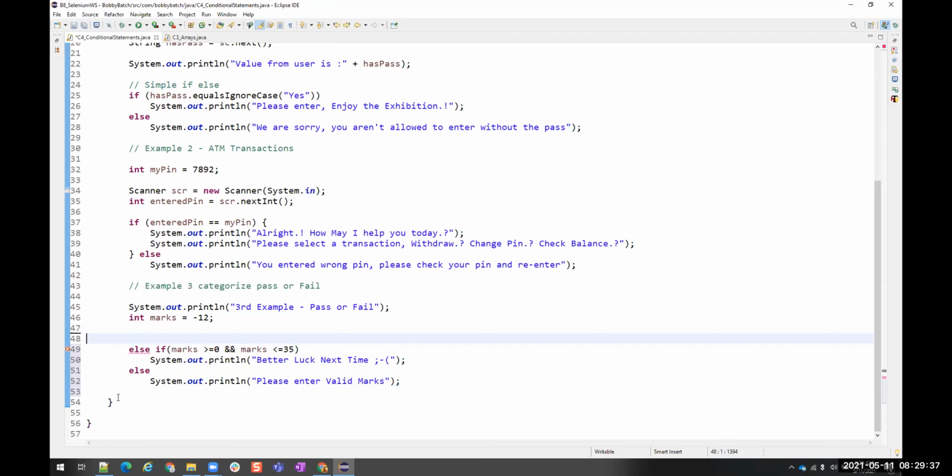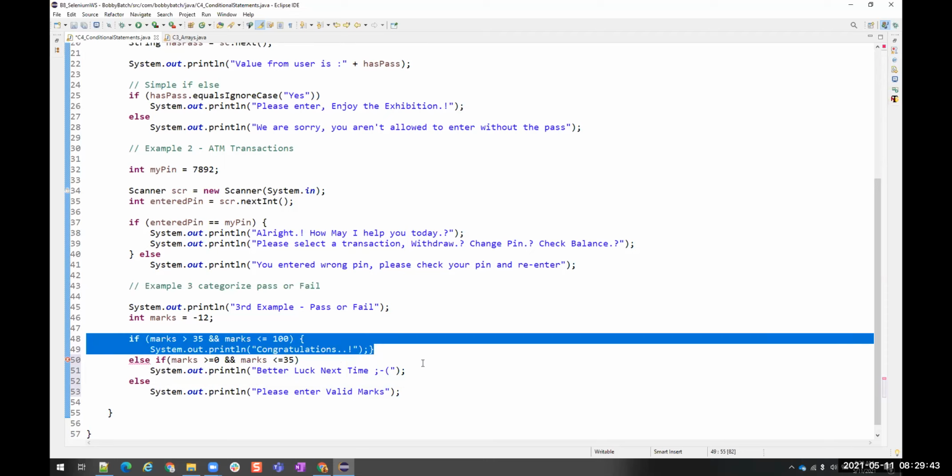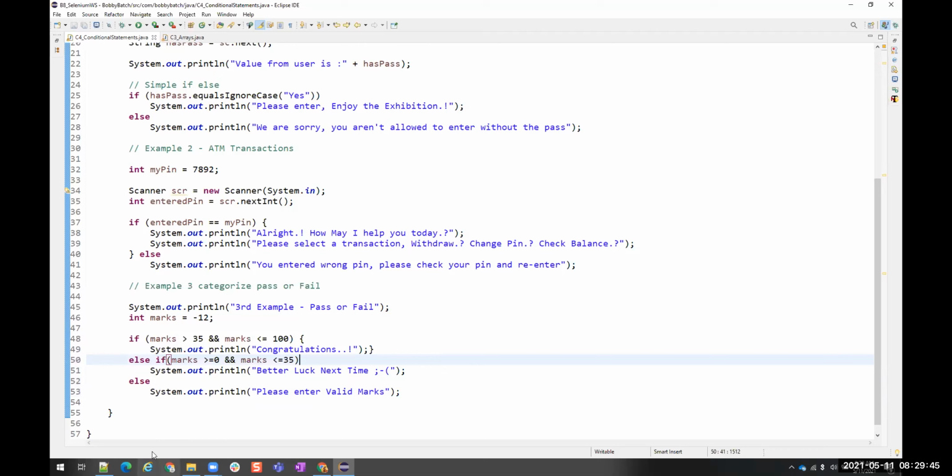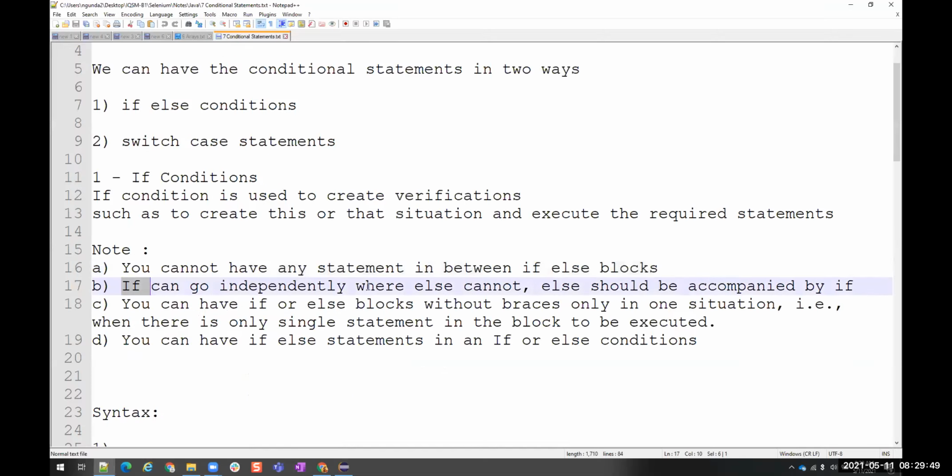Else will always be coupled with if, but it is not mandatory for if to couple with else. Understood? If can go independently where else cannot; else should always be accompanied by if.